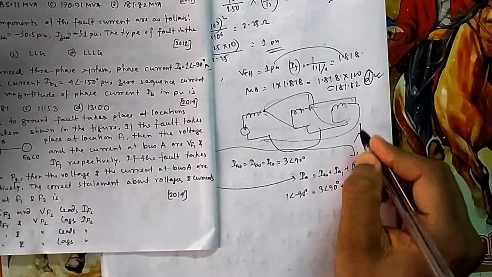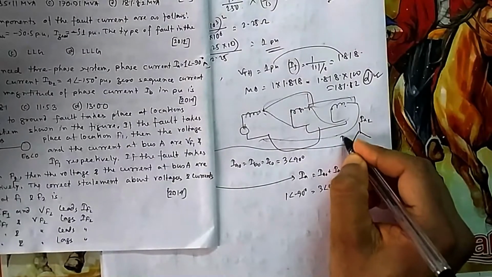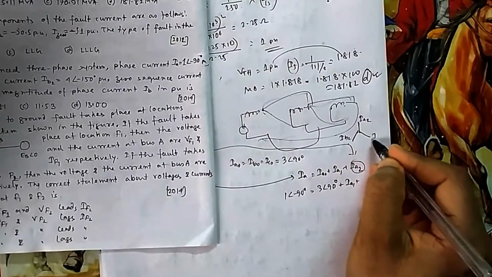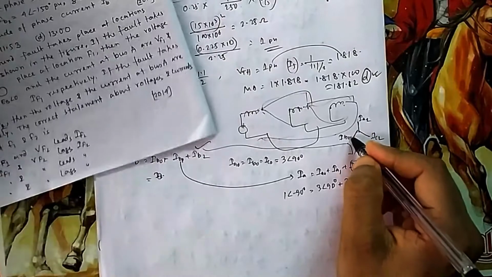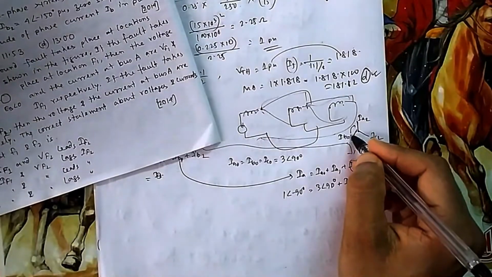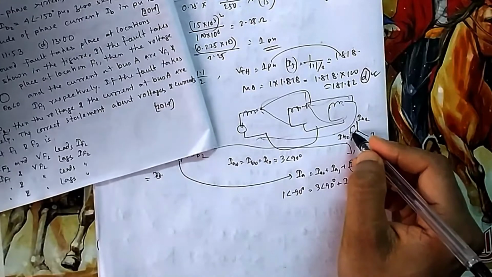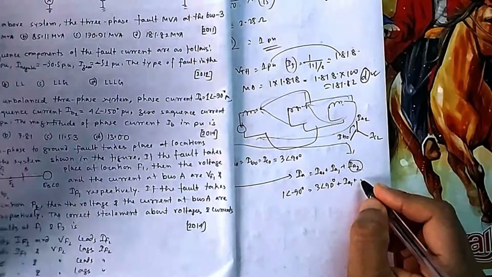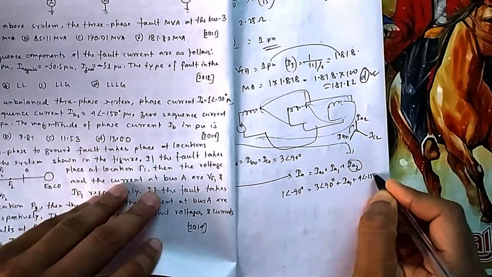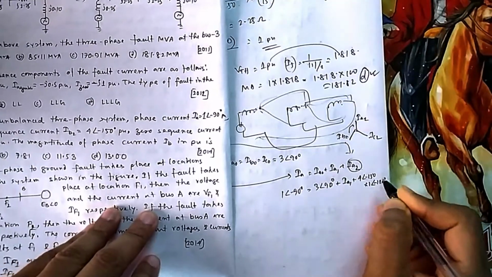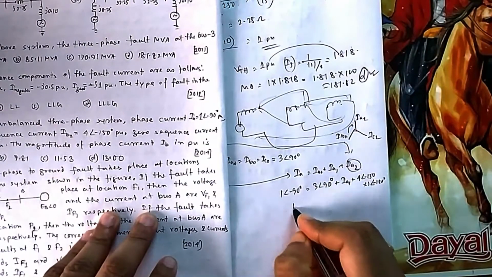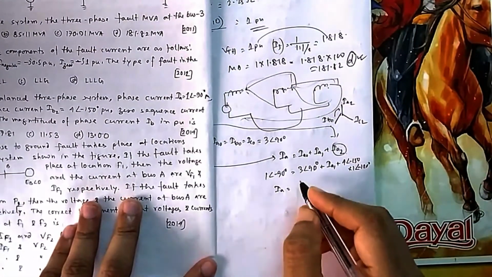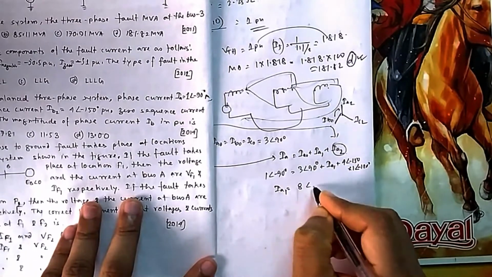So let me draw the negative sequence. It is IA2, and IB2 will be here. Normally it is A, B, C, but in negative it will be A, C, B. So what is the relation between IB2 and IA2? If you have IB2 and want to go back to IA2, you have to go 120 degrees back. That means you have to multiply by 1 angle minus 120. IB2 is 4 angle minus 150. You multiply it by 1 angle minus 120, then you will reach IA2. If you do all this, shifting to polar and rectangular, finally you will get IA1 equal to 8 at an angle of minus 90.